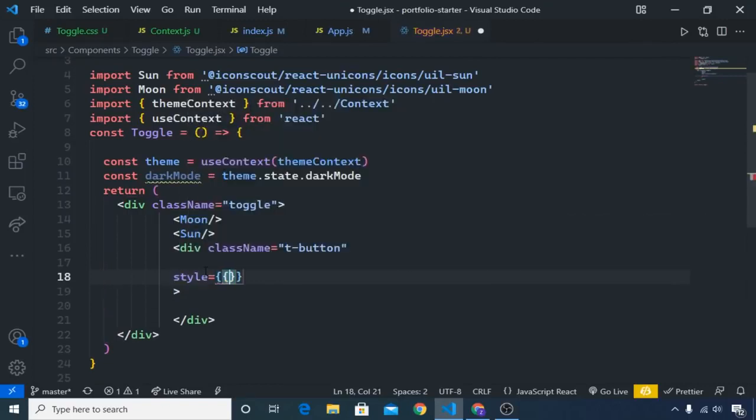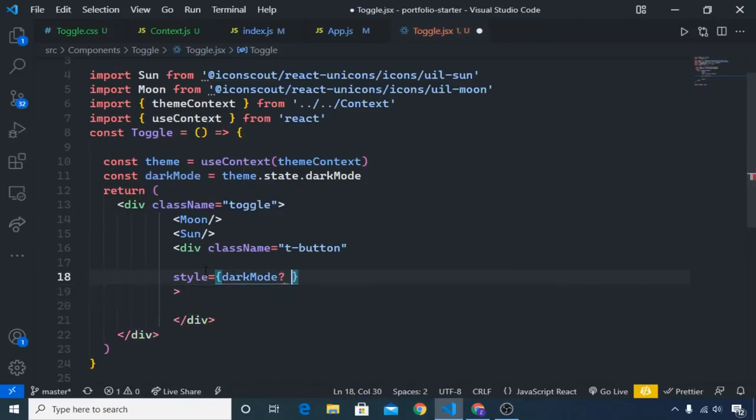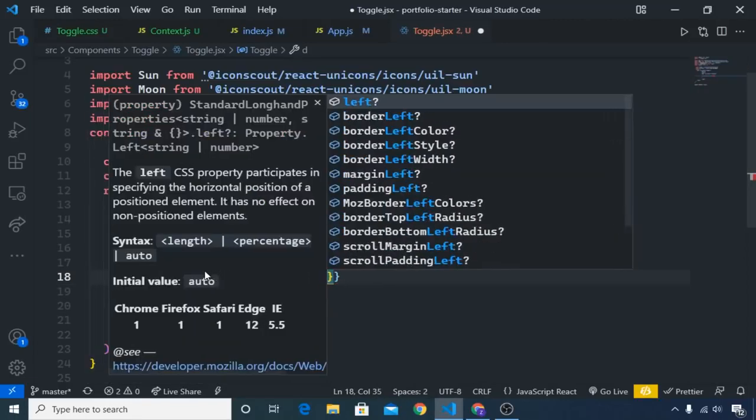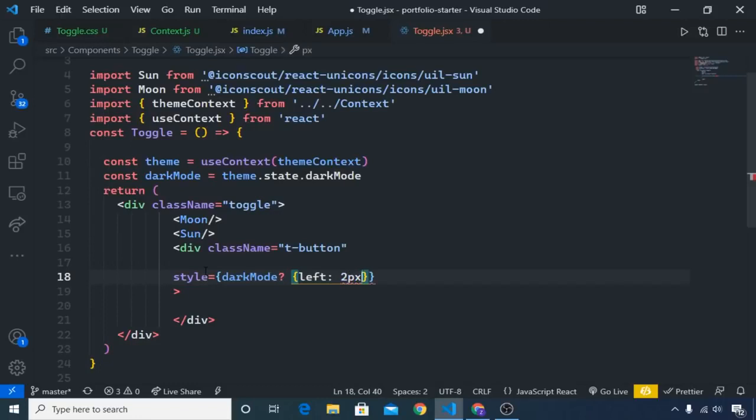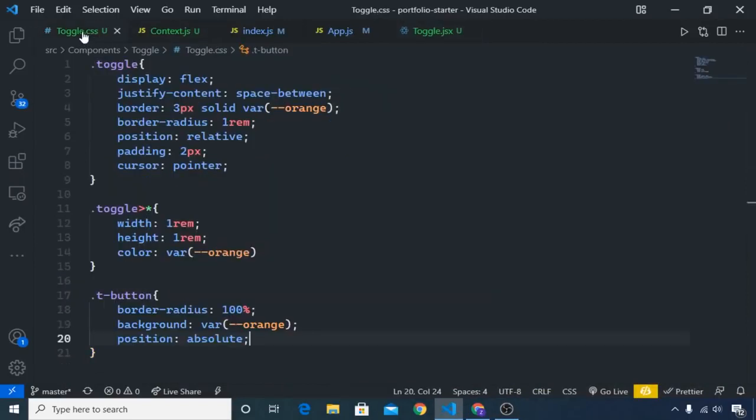Here I will write this style, and this bracket should not be like this, and here I will say if the dark mode is enabled, then its left value should be 2 pixels. Okay, and if it is not, then it is 2 pixels to the right side, and these pixel values should be inside quotes. So here, and if we have a look at toggle.css, then